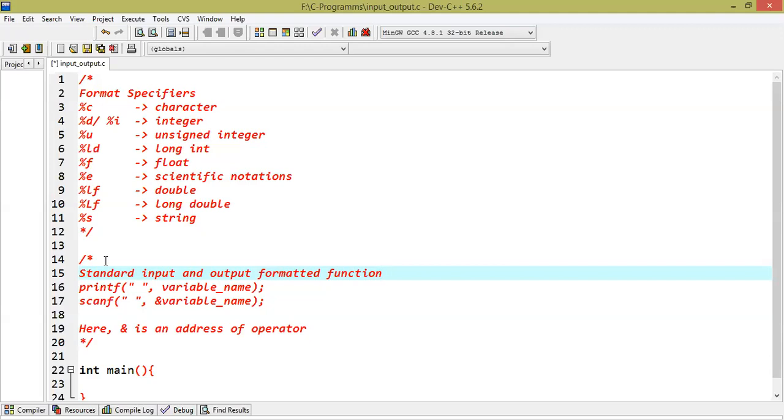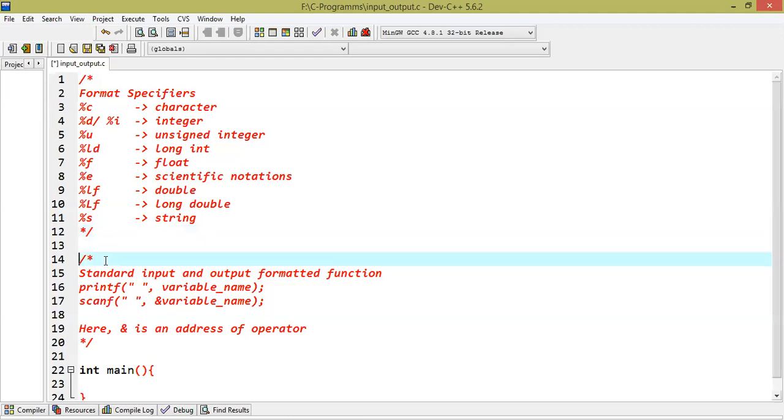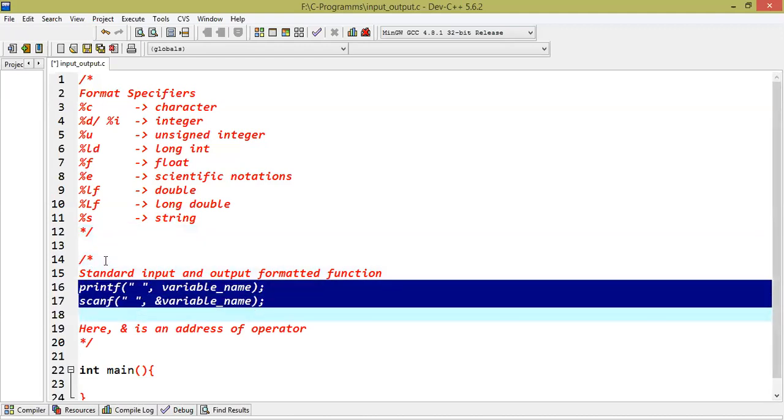So here I have provided a very short list of format specifiers and also mentioned for what type of variable you can use which type of format specifier. During the course, we're going to learn about a few more format specifiers also. Today's lecture is totally based on how to take input through the console, and what the requirements are, and then how to produce the output into the console. The first requirement is we need a few library functions.